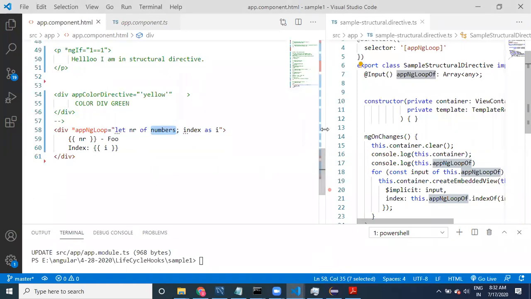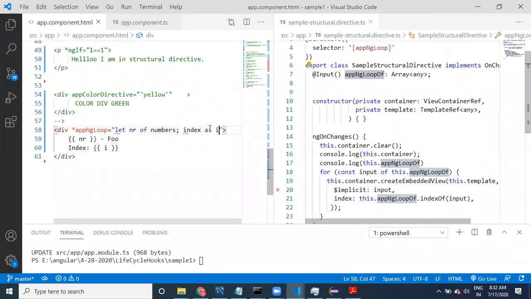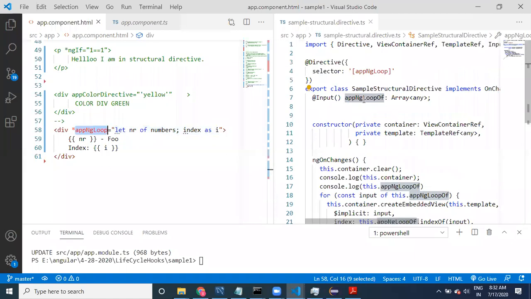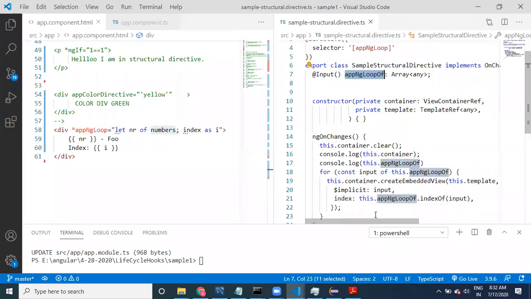So even though you have provided this type of string, it is a kind of expression. If you provide this expression, the total data will not go to this property. We have taken the array, right? So numbers value will be entered into this one. Only the data is available here. Okay, I will show you one by one.